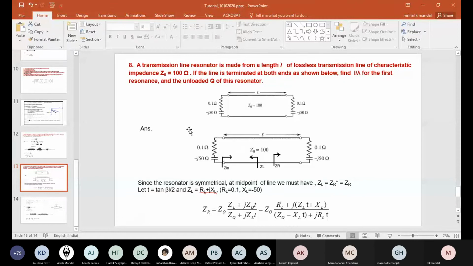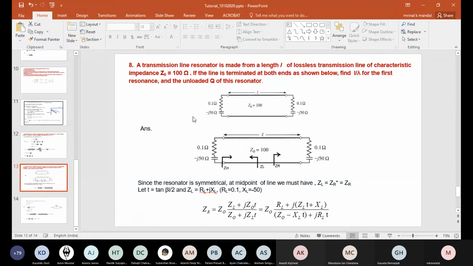For open circuit, what we did, that at the open end we have a fixed boundary condition. At the open end we have voltage maxima, current 0, then input impedance should be infinite, and we put that as resonant condition. If the open end is short circuited, it is just the opposite. Current is maximum, voltage is 0, then we put that corresponding condition, ZL is 0. But here some resistance capacitor combination is given, so we can't use that condition.